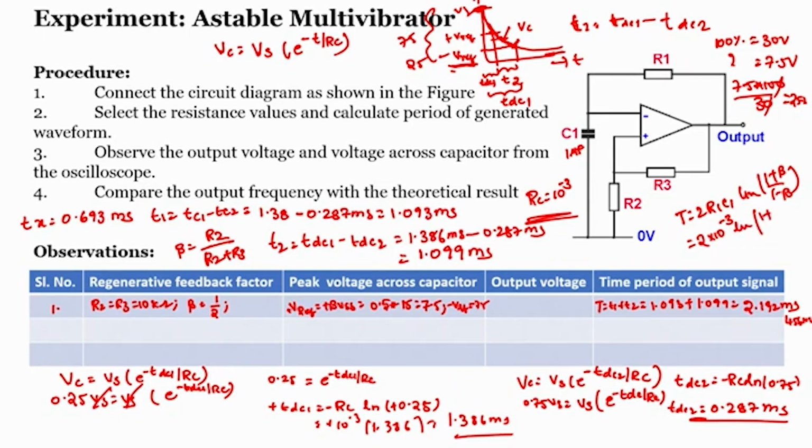So, if I substitute beta here, beta value is nothing but how much, beta is half, right, 0.5. By 1 minus 0.5. So, it is nothing but 1 by 2 minus 1 by 2 and 3 by 2, sorry, 1.5. So, when I calculate the value, 2 into 10 power minus 3 into log 1.5 divided by 0.5. So, the value is equal to 2.197 milliseconds,